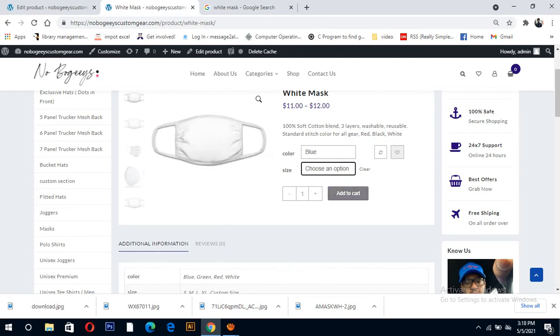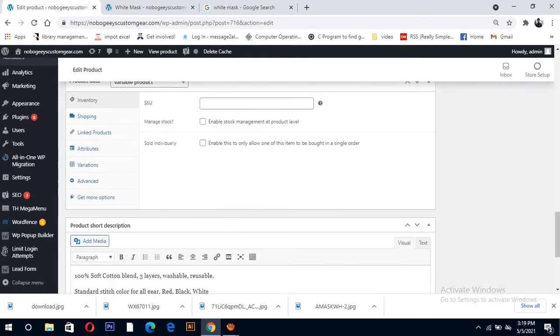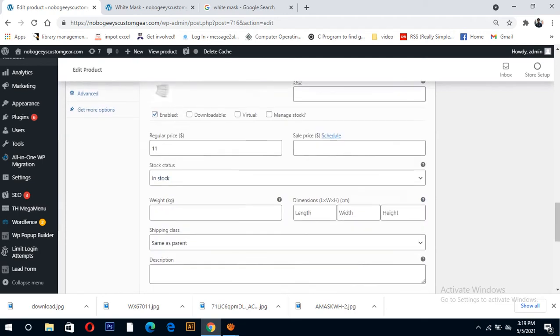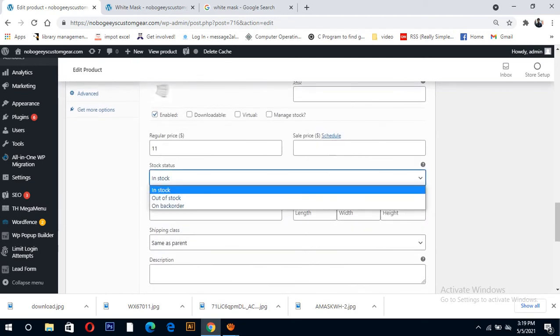If you want red color for red marks, then select red, then it shows the variation and the quantity available here, or out of stock.